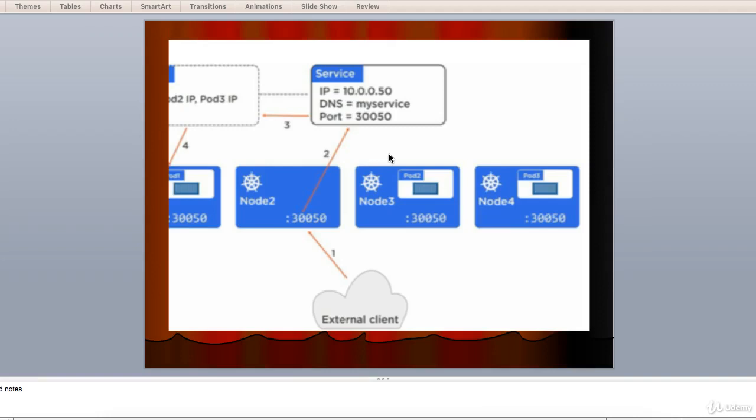Now, altogether, whatever we discussed in the past 2 lectures, let's summarize it. Services are all about providing a stable networking endpoint for pods. They also provide load balancing and a cluster-wide port that the service can be accessed on from outside of the cluster. We associate them with pods using labels and label selectors. So I think you well understood this.